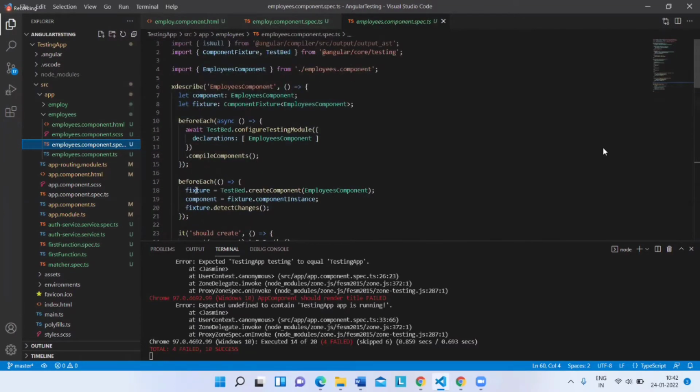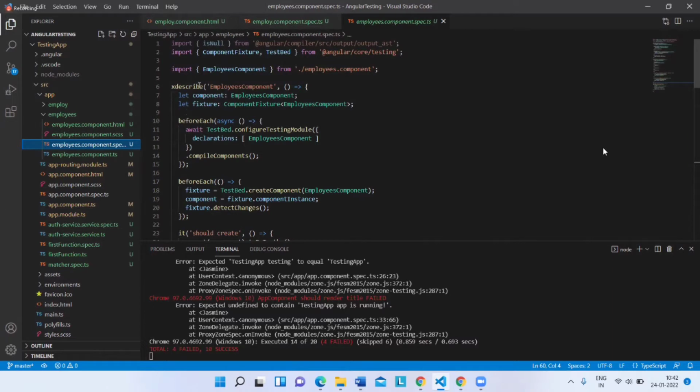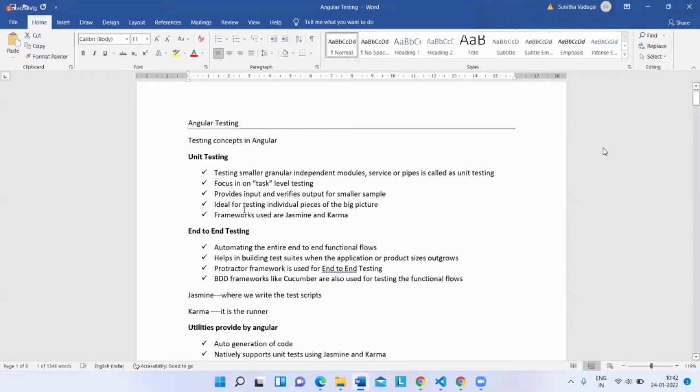Now we'll see what exactly this is and how the test script is specified. Before going into that, we'll do a smaller part first. This is where we are going to use unit testing.